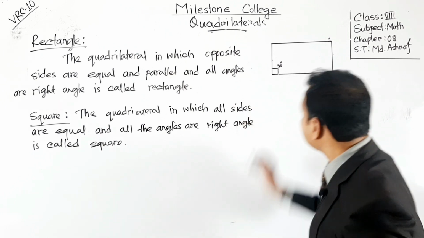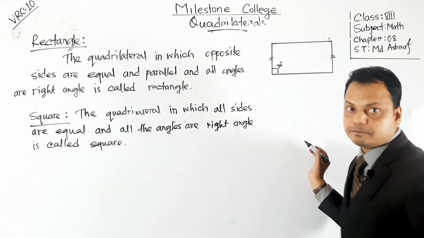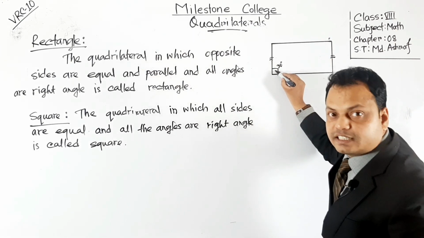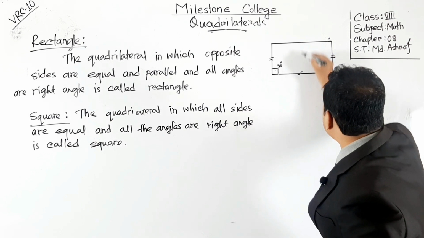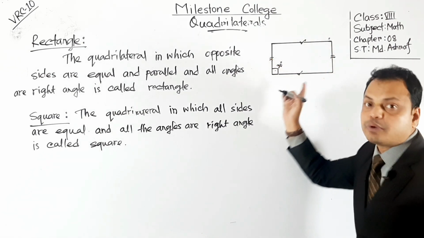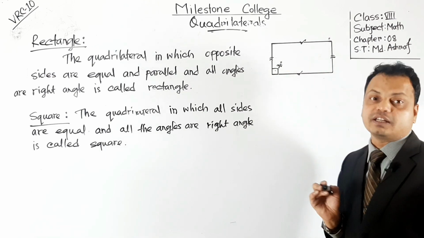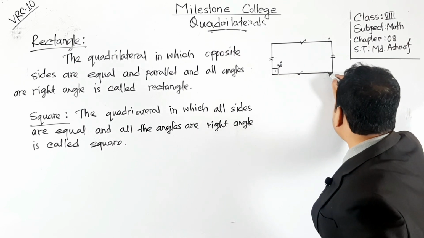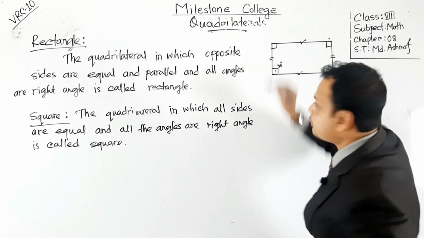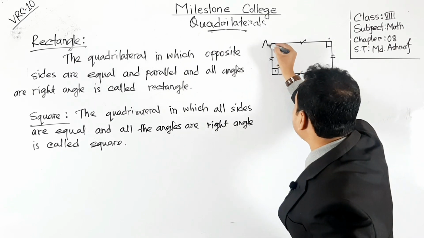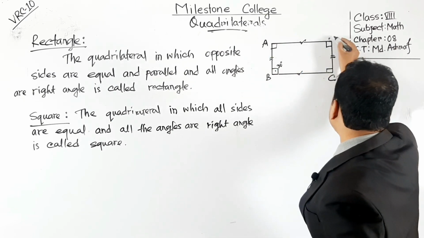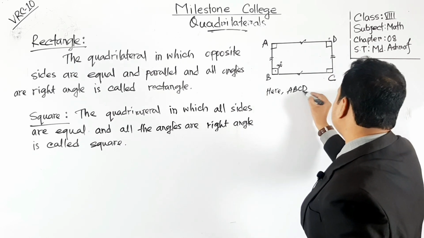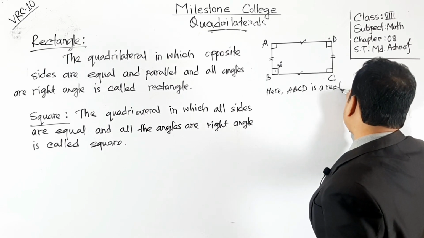Look here. These sides and these sides will be equal, and this angle is 90 degrees, and these sides and these sides will be equal. So from this figure we can tell that opposite sides are equal and parallel, and one angle is 90 degrees that we have drawn. So if one angle is 90 degrees, ultimately all four angles will be 90 degrees, okay. So it will be a rectangle. Give the name of this rectangle ABCD. ABCD is a rectangle. Here we can write ABCD is a rectangle.